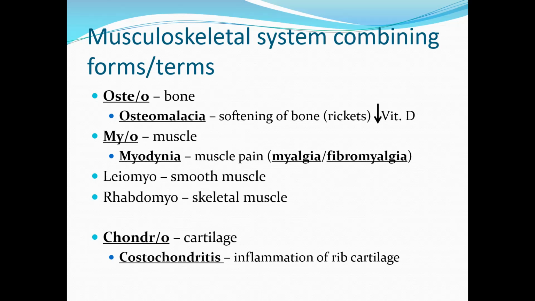Leiomyo is smooth muscle, rhabdomyo is skeletal muscle. There's also a term you might want to write down: rhabdomyolysis. What is myolysis? Lysis means a breaking down of. Yeah, breaking down a muscle. You're absolutely right. But rhabdo, so if I have rhabdomyolysis,